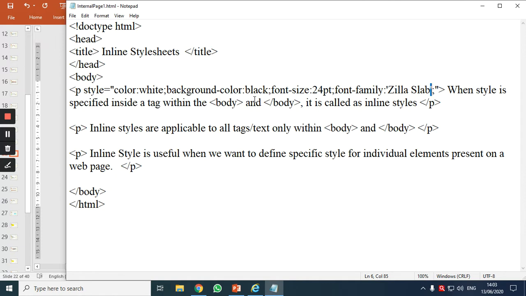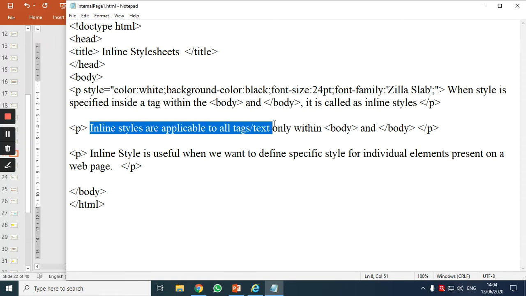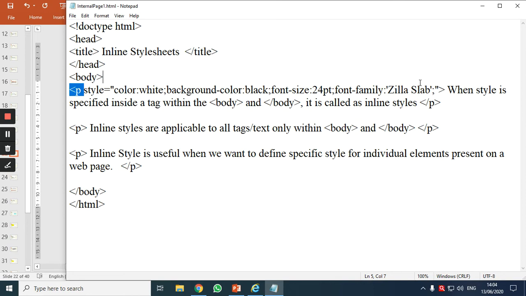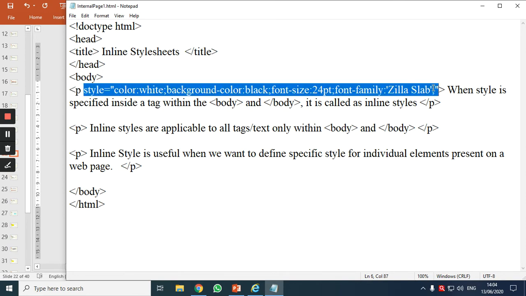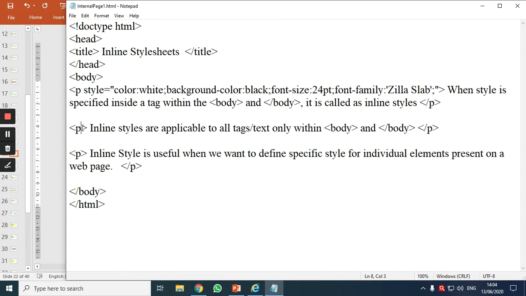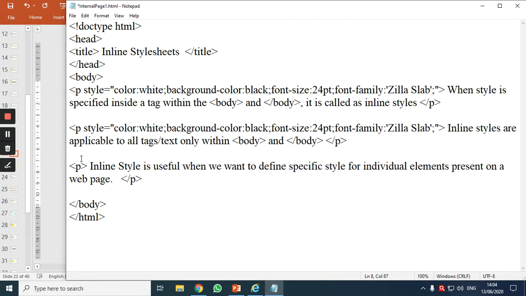Suppose we are making a textbook and we want all the paragraphs in our textbook to look similar. Suppose this is a notepad where I am writing the matter of the textbook in different P tags, and I want all the paragraphs to appear similar. Then what should I do? Now observe this particular paragraph. This also I want in the same form. So what should I do? I should apply this style. Correct? So I'll copy it as it is and paste it to this paragraph.